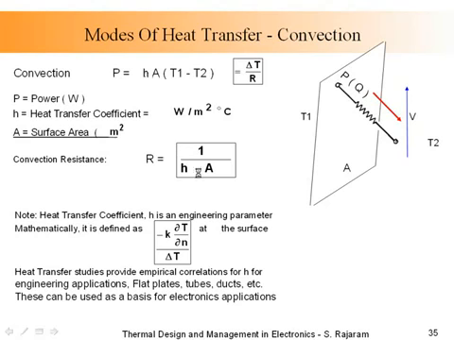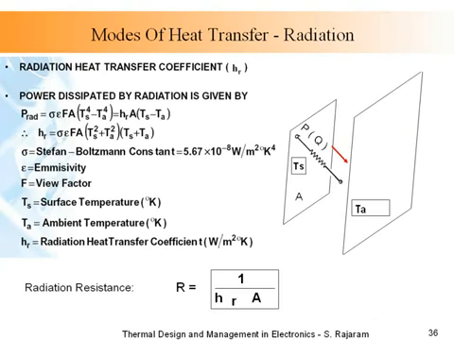Then you finally do have radiation as well. All external surfaces cool by radiation to the outside, and particularly in space electronics, all the heat that is dissipated out into outer space is purely radiation. In those enclosed cabinets, the outside surfaces have radiation. So there is a radiation heat transfer coefficient like the convection heat transfer coefficient, and you will find that convection and radiation are equal partners when you do not have fans. So for any two surfaces, we measure and calculate the radiation through the radiation heat transfer coefficient.